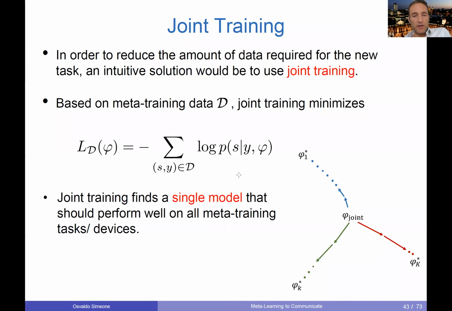Now, in many papers, this is not done. What is done is to use joint training, where we use all the data that we have, including this historical data from pilots from devices we have encountered before. And we would pool all this data together to define a larger data set, and we would minimize the cross entropy loss on that larger data set. And so pictorially, what we are doing is we are trying to find a demodulator, a parameter phi, that is not too far from the optimal demodulator parameters for each one of the devices that we have observed before. Right? So this phi, this phi1, phi2 are,